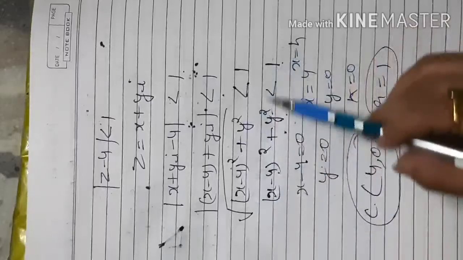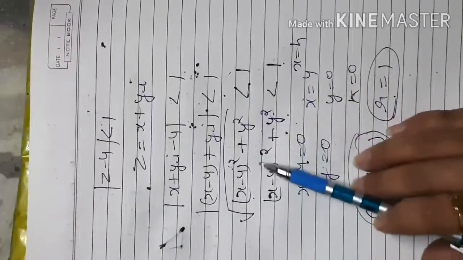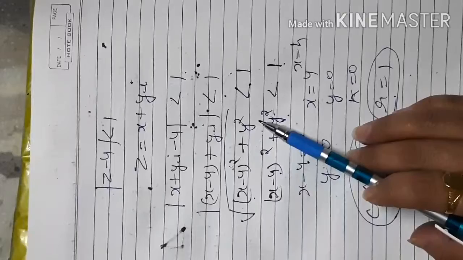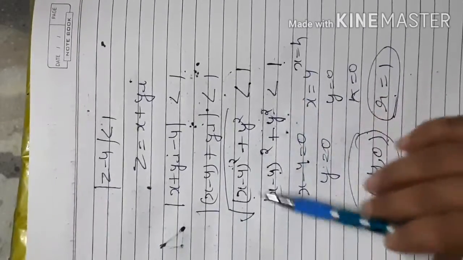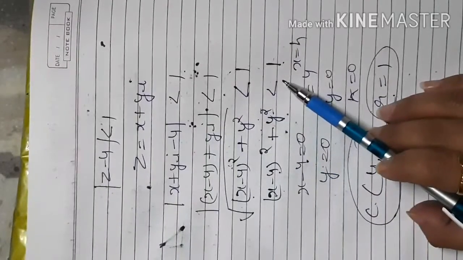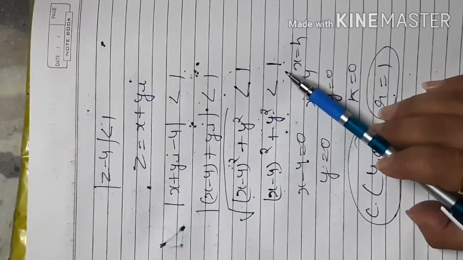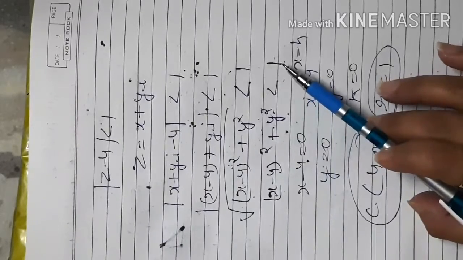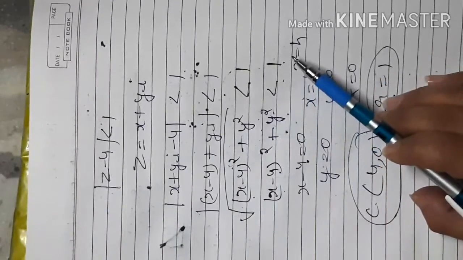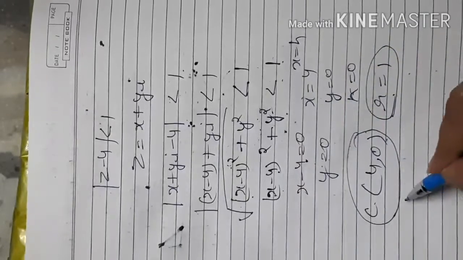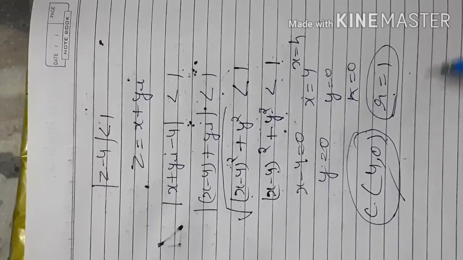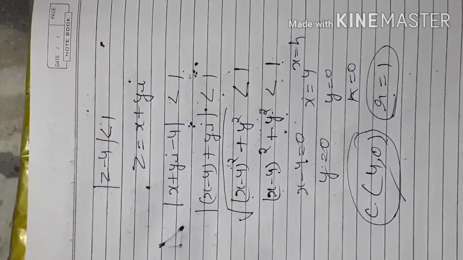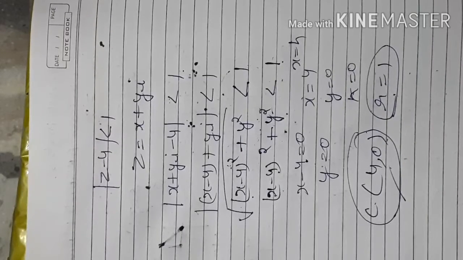So this equation satisfies that whatever point you take in place of x, y, it will lie inside the circle, not outside the circle, because this point x, y should not cross 1 and not be equal to 1 also. That means it will not lie on the circle as well as not cross the circle. So that shows that the center will be 4, 0 and all complex numbers will lie within the radius of 1 around this center point, 4, 0.